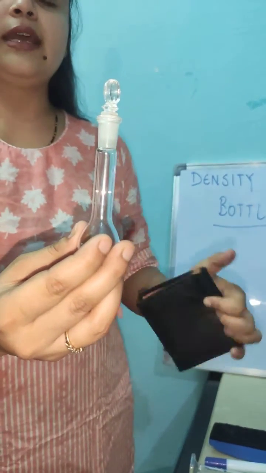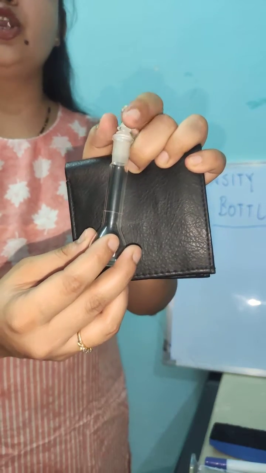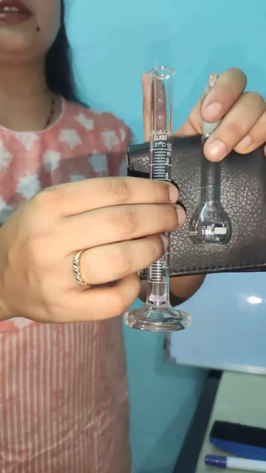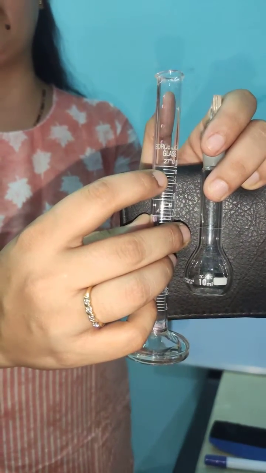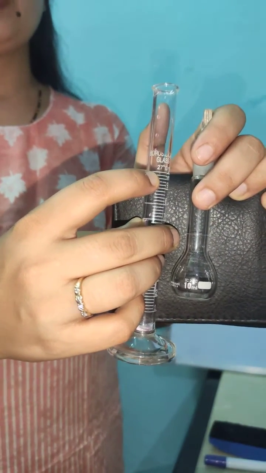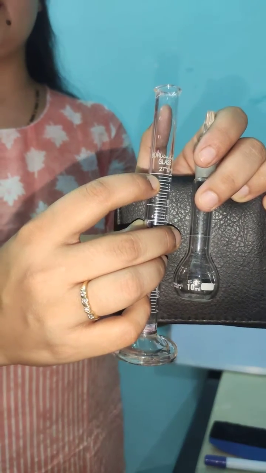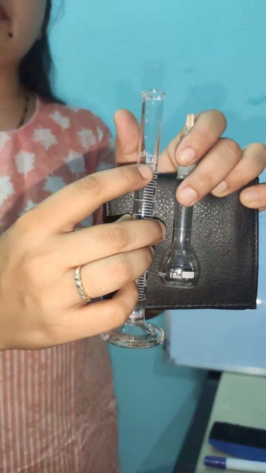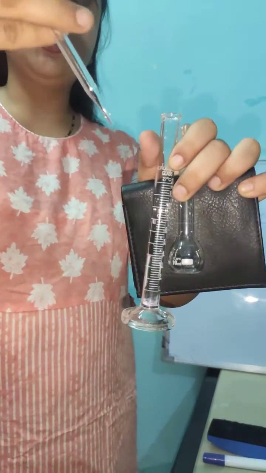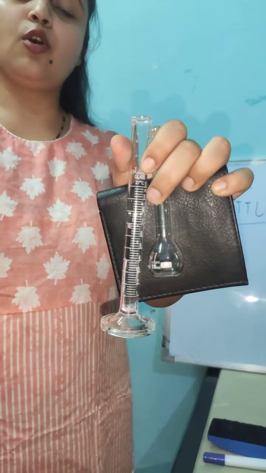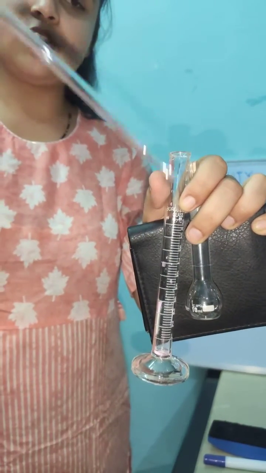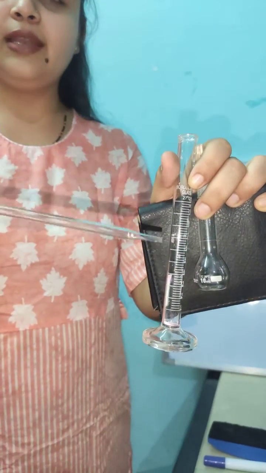Now how will you make sure that this density bottle contains a fixed amount? To check this, you can use a 10 ml measuring cylinder. Can you all see this measuring cylinder? It has the volume 10 ml. You can fill liquid in it just to verify, right? Fill this measuring cylinder with 10 ml. If there is some extra liquid, you can use this dropper to take out the extra volume. Or if the volume is less, you can add extra volume using this dropper. I believe this is clear.